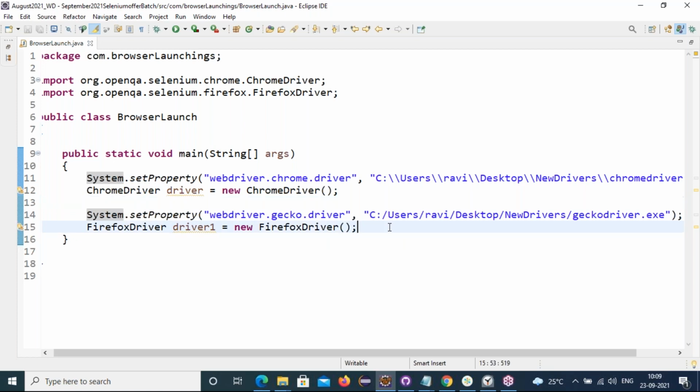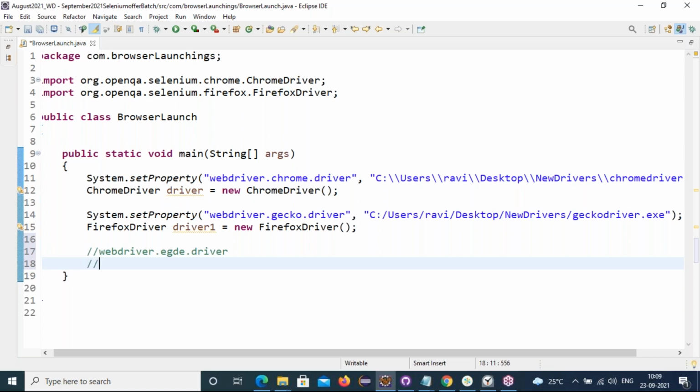Now, if you want Microsoft Edge, and you want to set the driver's path for Microsoft Edge, what to do? We give webdriver.edge.driver. If it is Internet Explorer, then webdriver.ie.driver.